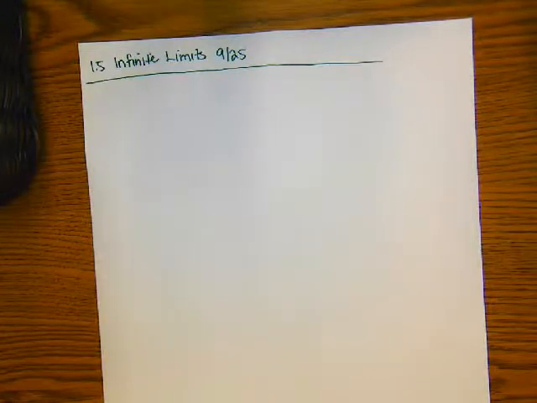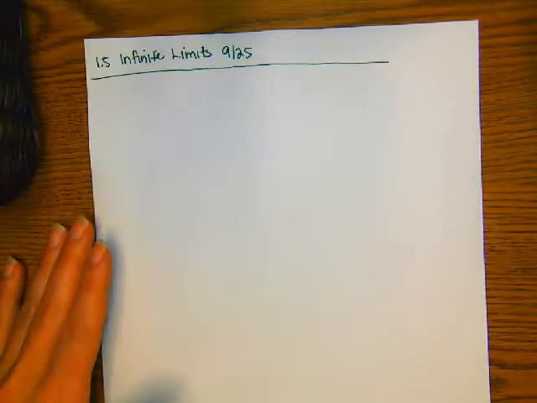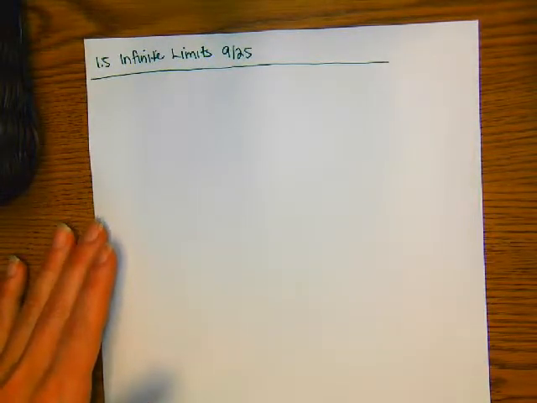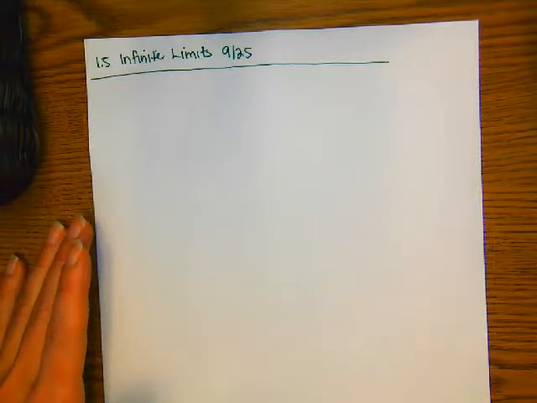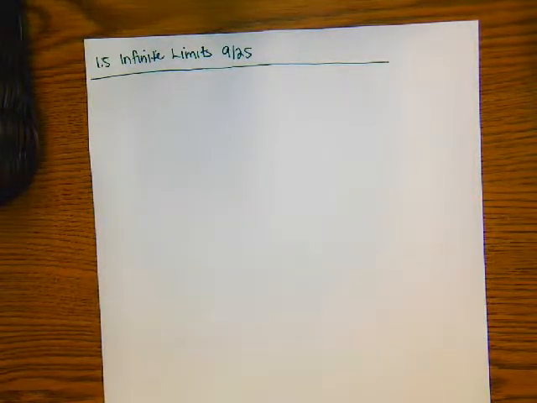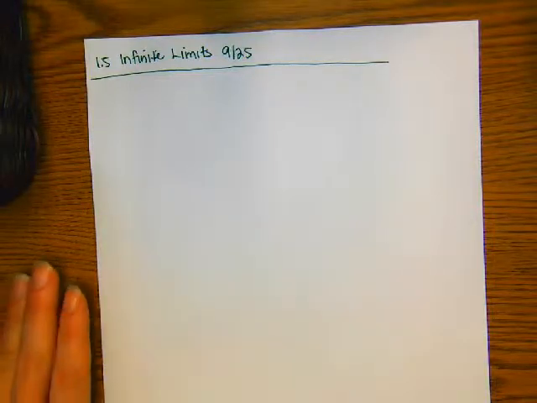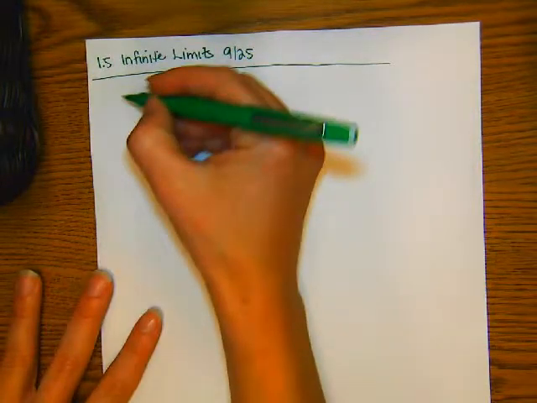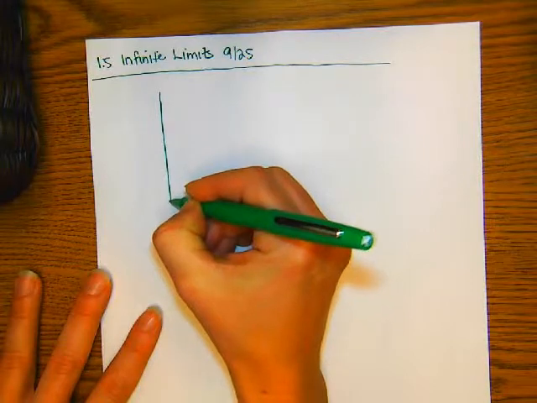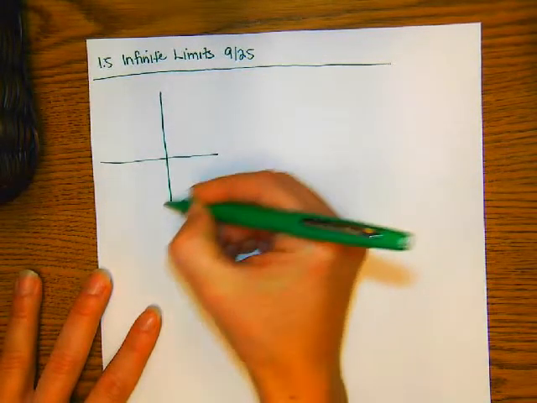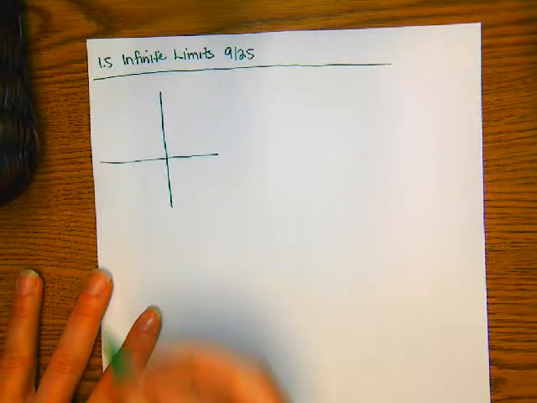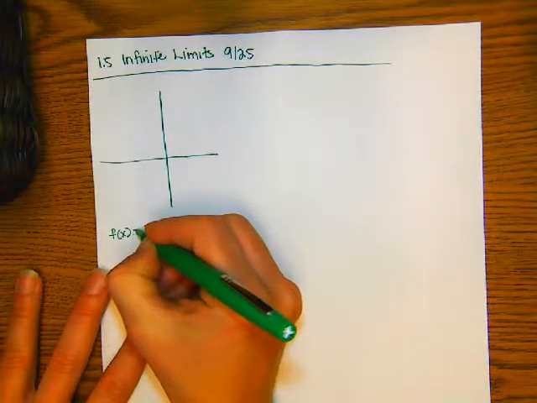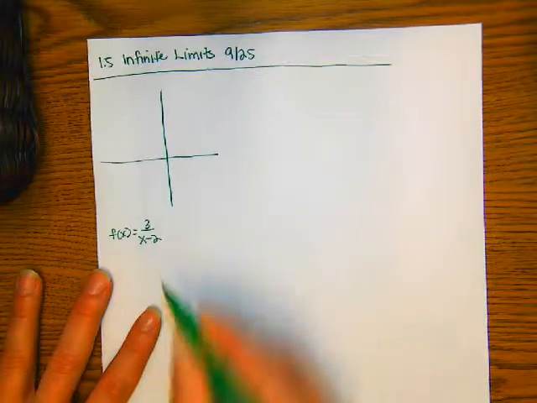First of all, when we're talking about limits that involve infinity, what that really means is that we're talking about a vertical asymptote if we're talking about the graph approaching infinity or negative infinity. And last year I did have you guys describe behavior around an asymptote. So let's just take a look. If I gave you the function f of x equals 3 over x minus 2,